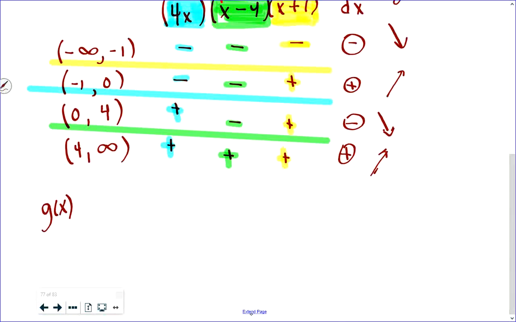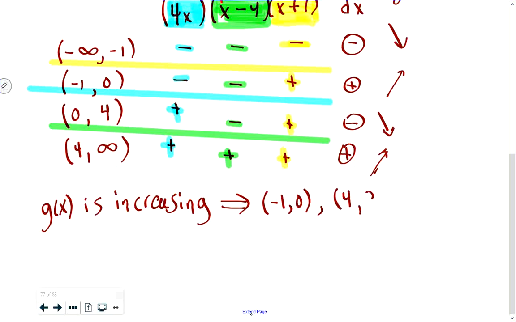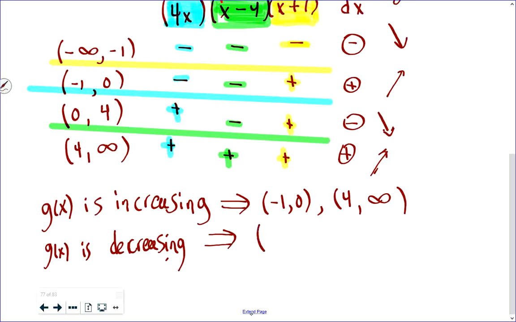G of x is increasing on negative 1 comma 0 and on 4 comma infinity, and it's decreasing on negative infinity comma negative 1